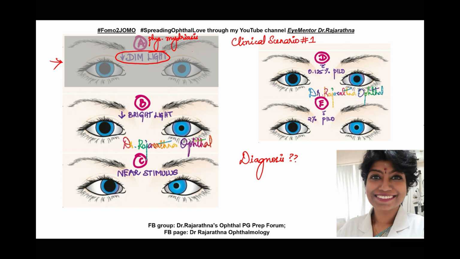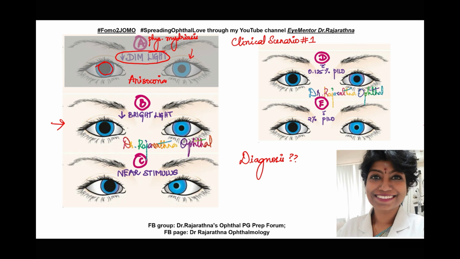So I see that this is kind of a little dilated, but this is very well dilated, which is not the normal reaction to dim light. Okay, so I do observe that there is an anisocoria. But the problem is I see that this is absolutely large. It's like insanely large. So I'm not coming to any conclusion here. I'm going to image B, and I'm going to analyze image B now.